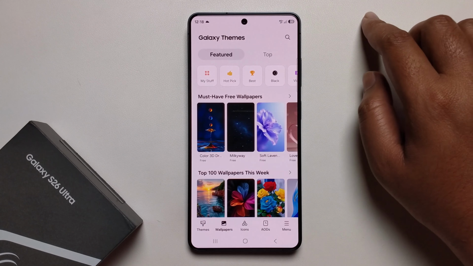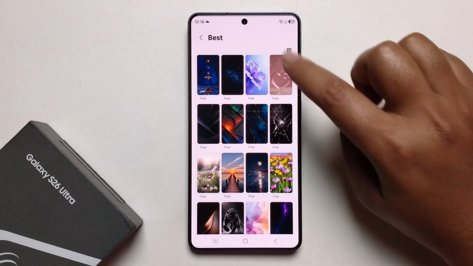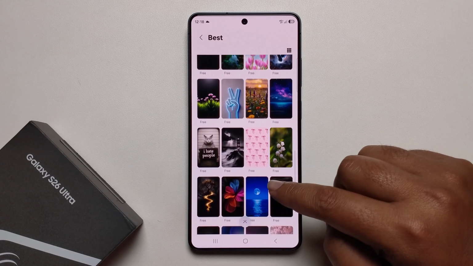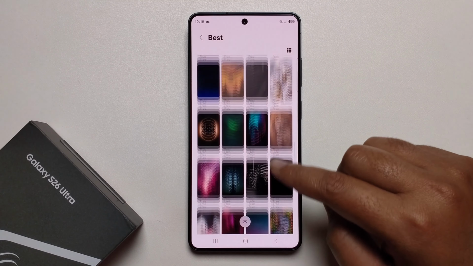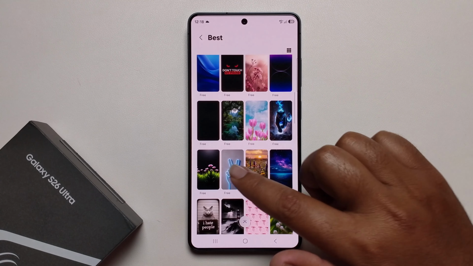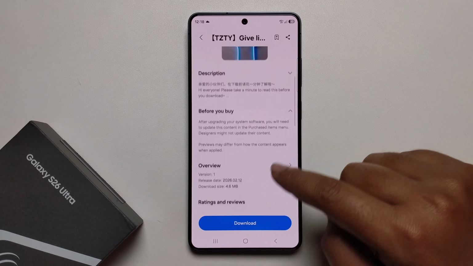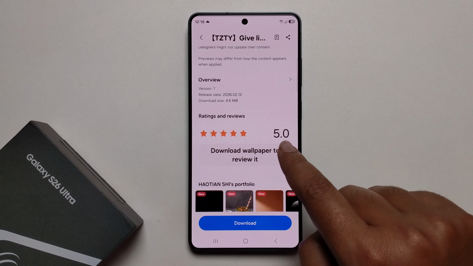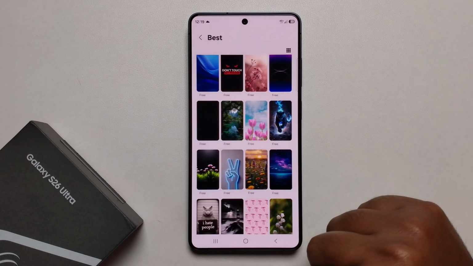When I press on the best option, that means these wallpapers are best, top and viral. Select on that, you want to select this, and as you can see now it's rating 5.00. Okay,